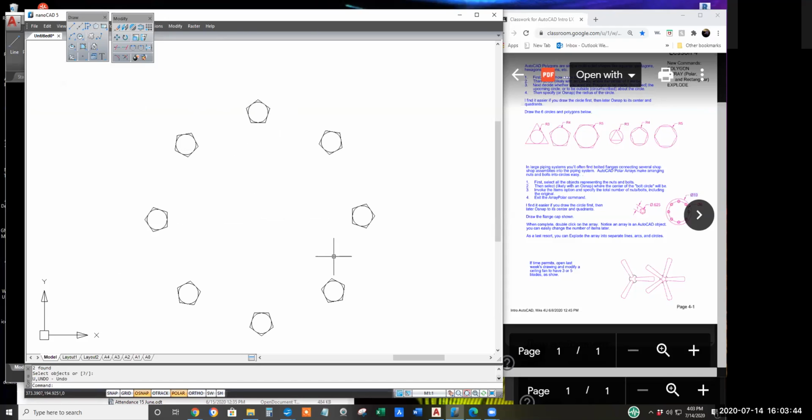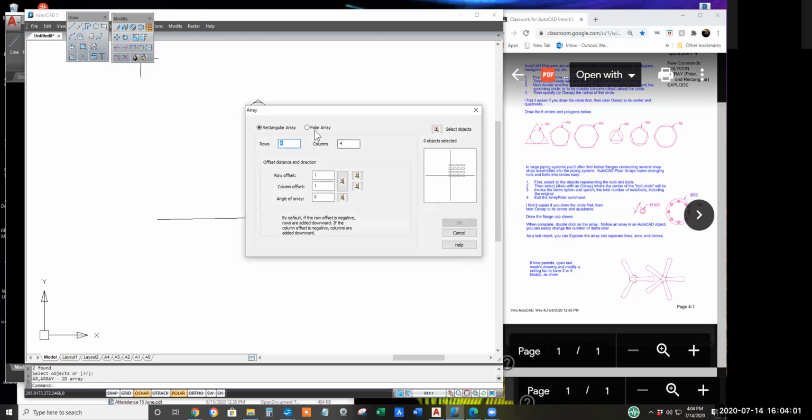Okay, that's 8. Line from center to center. Erase everything except the top and the guideline. Polar array. Okay, I failed to pick the center point.